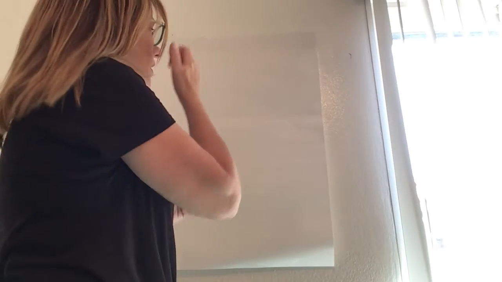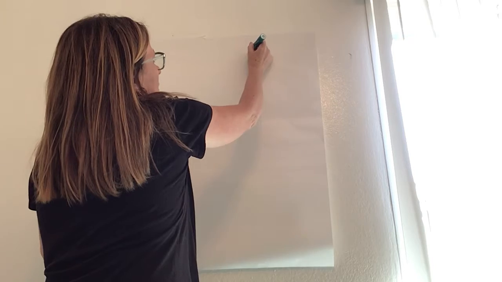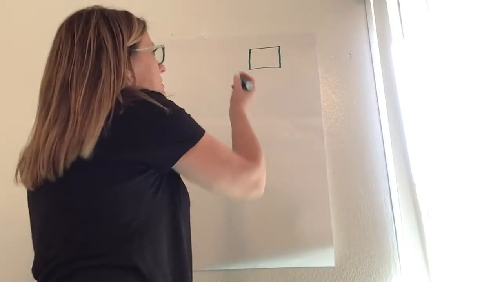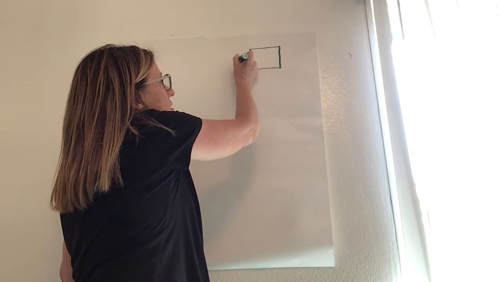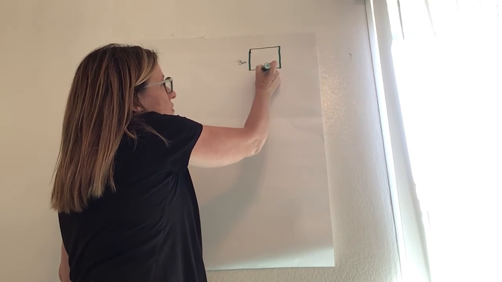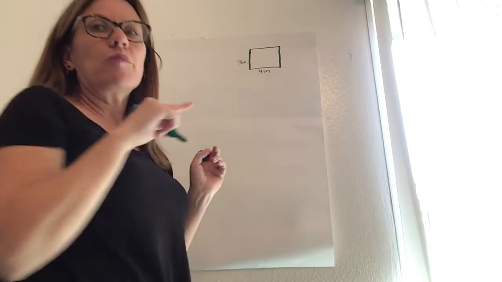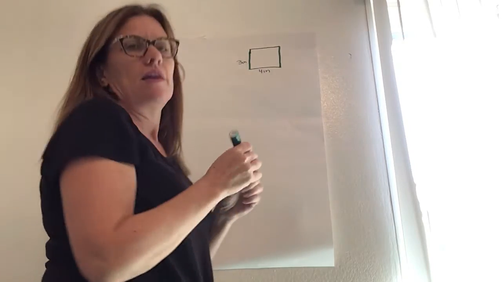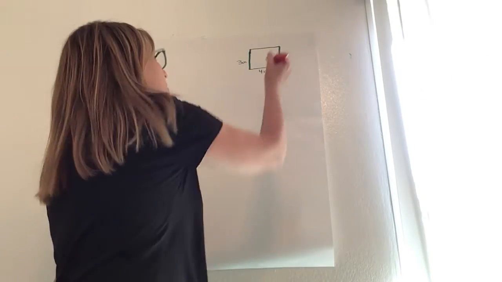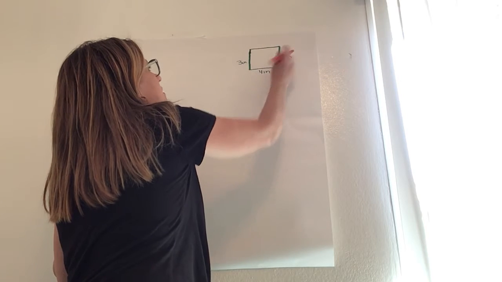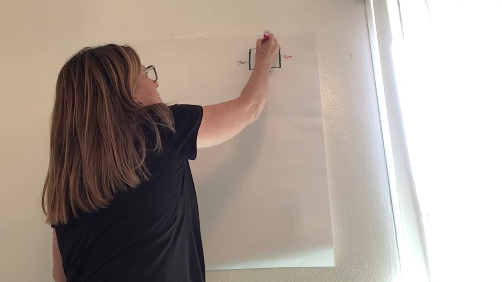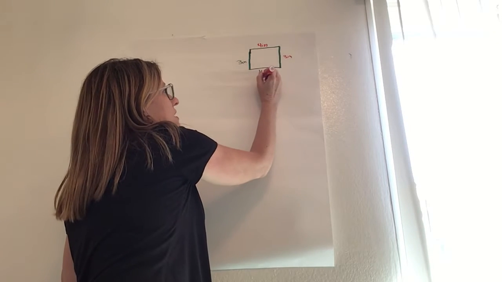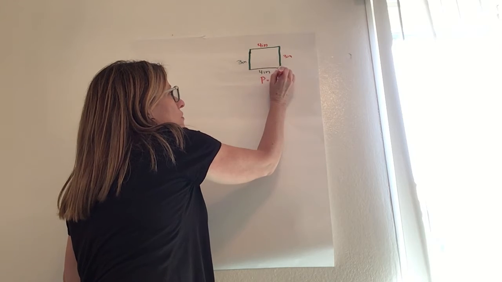So if I'm doing the perimeter of that shape, let's say this is my rectangle and this is 3 inches and this is 4 inches. Okay, remember to find the perimeter, I'm measuring all of the outside. So if this is 3, then I know that this is 3 inches, and if this is 4 inches, I know that this is 4 inches. And if I add the outside, 4 plus 4 is 8, plus 6 is 14,